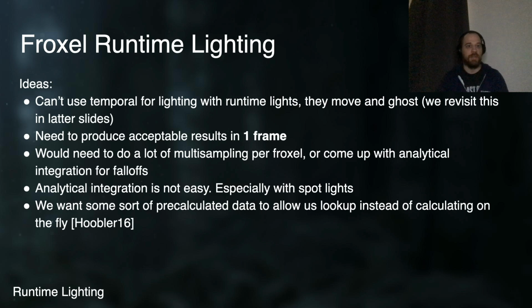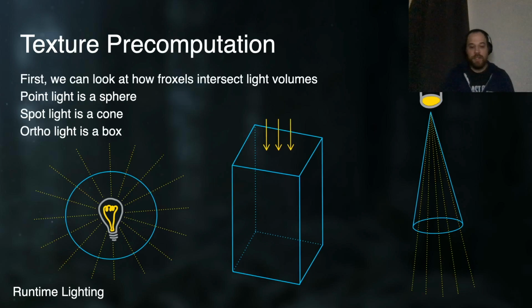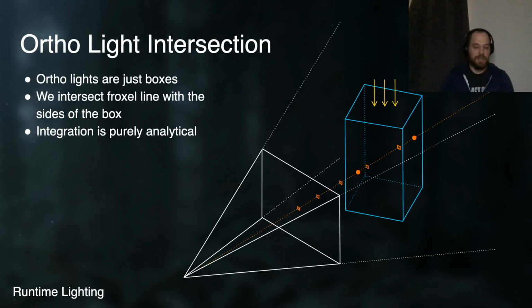You can see the discontinuity. So we want to pre-calculate as much as possible, as proposed by Hubler. We had 3 different types of lights: point light, ortho light, and spotlight. Ortho lights are the simplest ones. They are just boxes